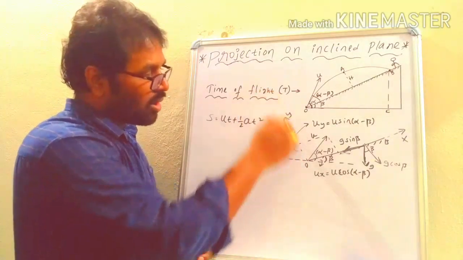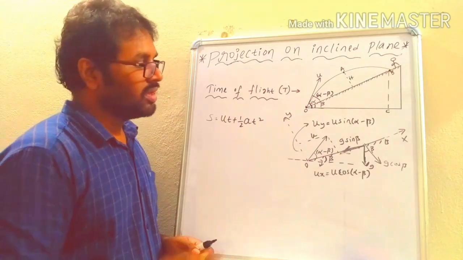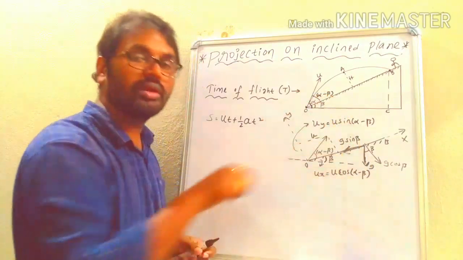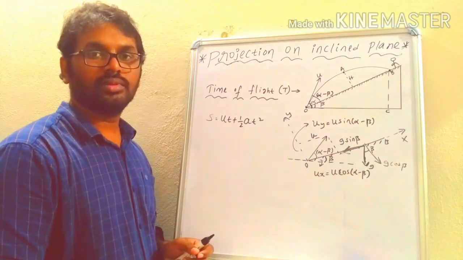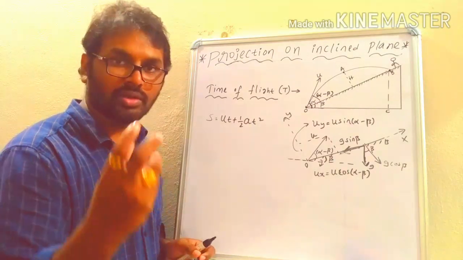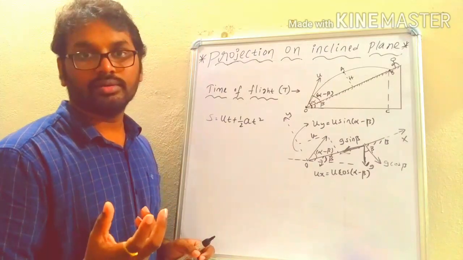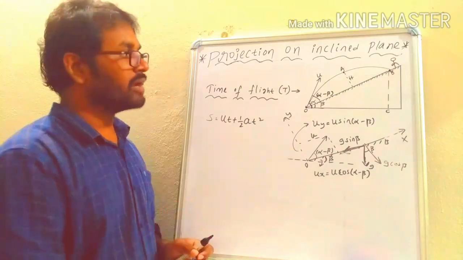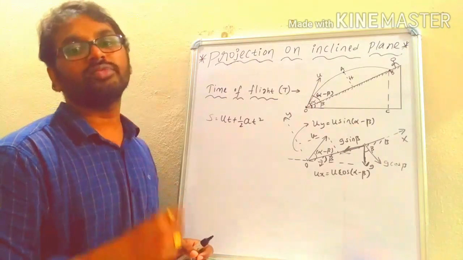Along the y-axis, you can see the initial velocity we have. Along the same y-axis, there will be an acceleration due to gravity, but in the downward direction. Velocity in the upward direction, gravity in the downward direction. So what will happen to the velocity of the projectile along the y-axis? Yes, it will be retarded. Its velocity gradually decreases as it is moving up. At maximum height, the vertical component of velocity comes as 0 because of the retardation.